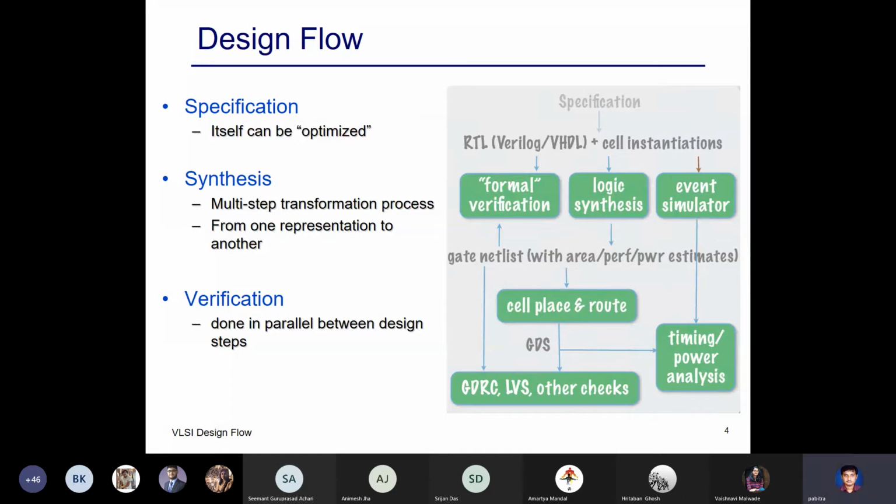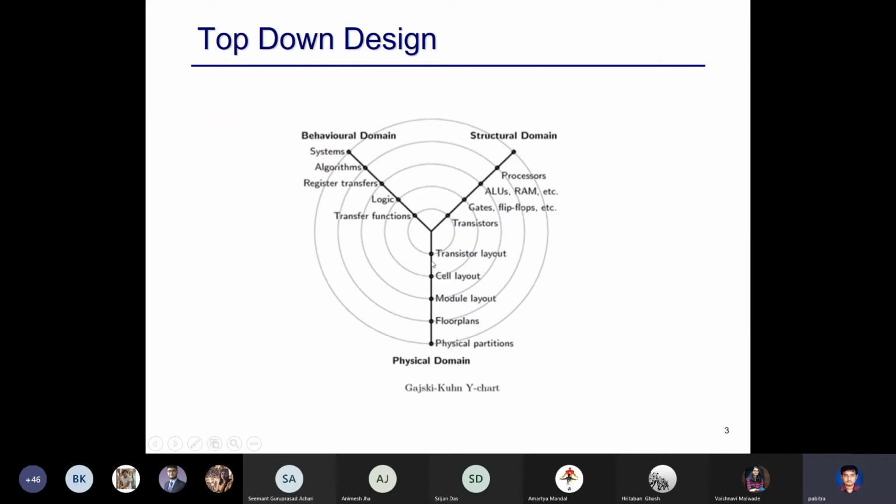But now suppose we are not just happy with simulation, we also want to do synthesis. There are two ways of doing it. One possibility is that after this Verilog description, you go through further lower levels: transistor layout, cell layout. As you go inside, these are called back-end EDA, and on the outside you have front-end EDA.